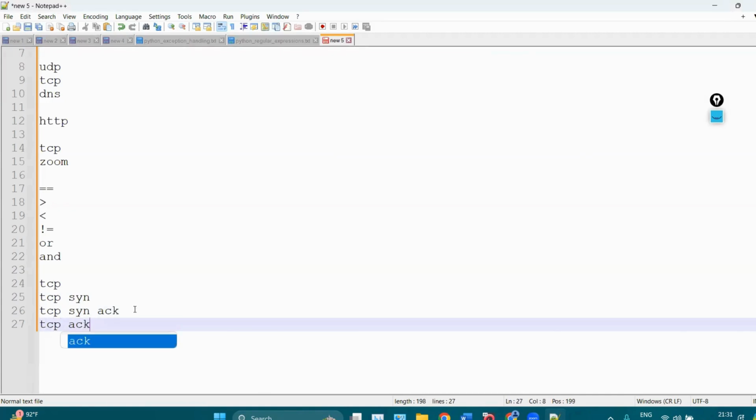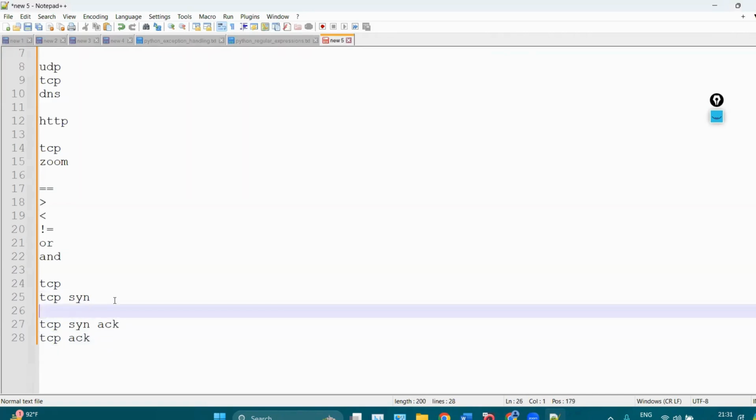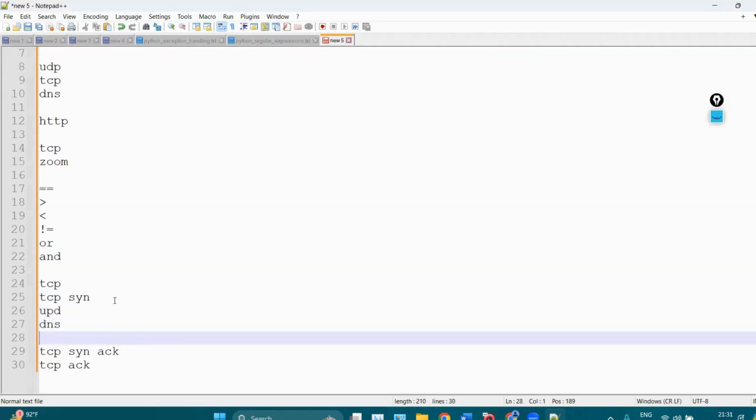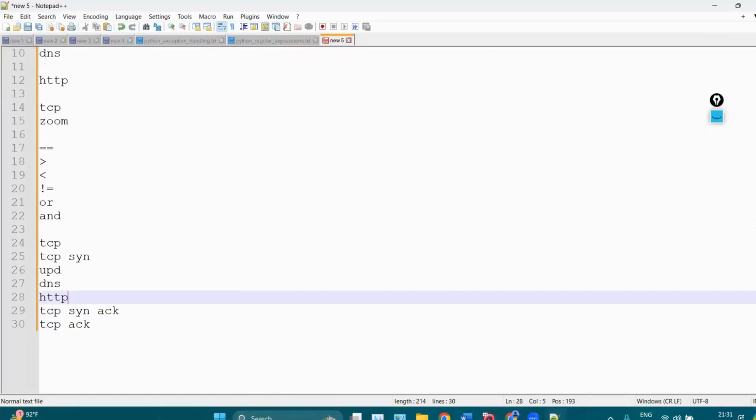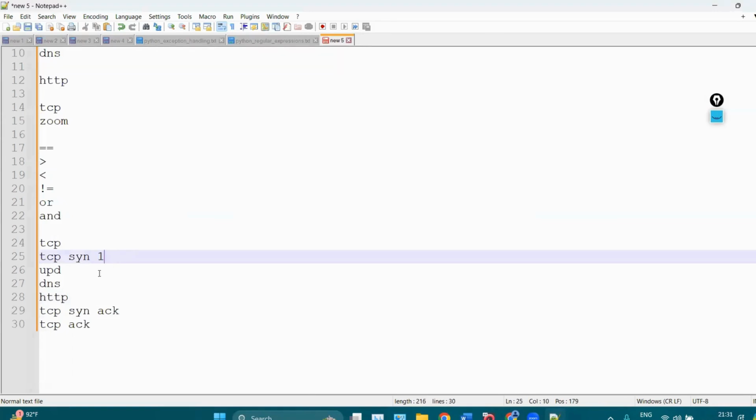Wireshark keeps on capturing the packets. In between the TCP SYN packet, Wireshark captures other packets like UDP, DNS, HTTP, and so on. So these numbers are not related to your packets. Wireshark will mark numbers on the basis of the capture order. For example, TCP SYN is packet number 1, UDP